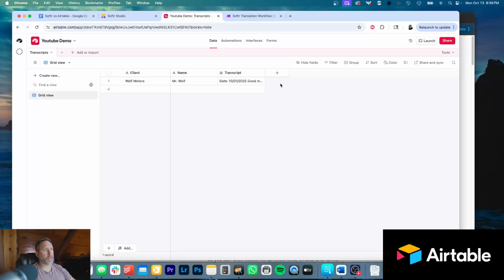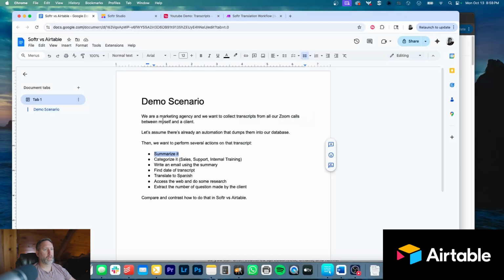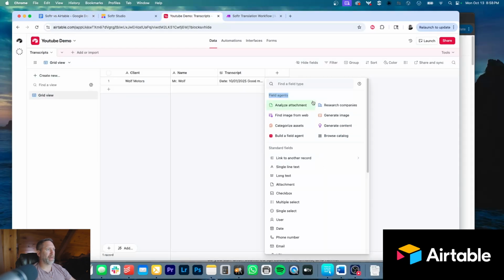So first thing we're going to do is click this plus button. And right here at the top, you see we have field agents. So these are all the AI powered features. So we can analyze an attachment, find image from the web, categorize assets, build a field agent, research companies, generate image, generate content, or browse catalog. So which one of these would you use to summarize a transcript? Probably going to use something like